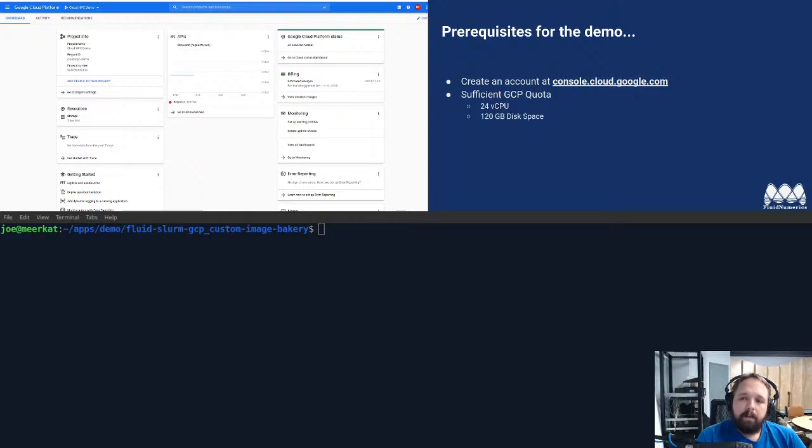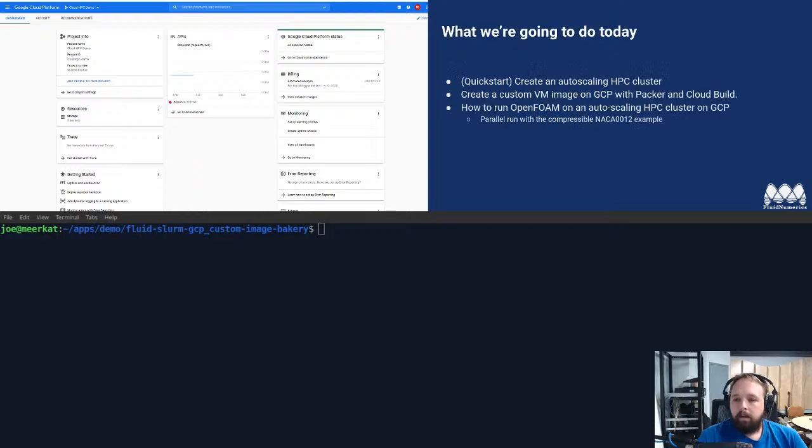And the other side of it is you will want to make sure that you have sufficient quota. You will need at least 24 virtual CPUs and about 120 gigs of disk space to get through the demo today. All right. So in detail, what we're going to cover is I want to give you two strategies on running